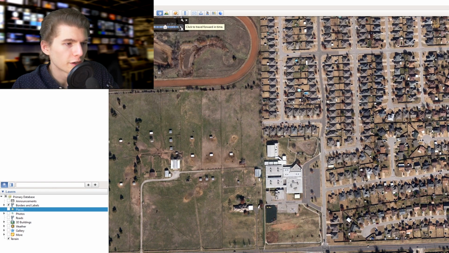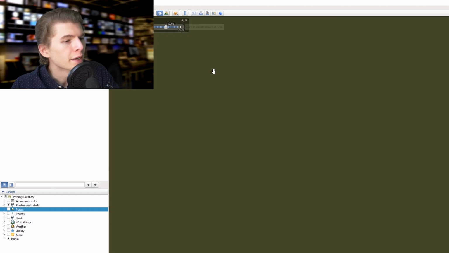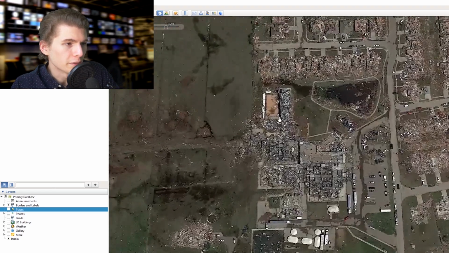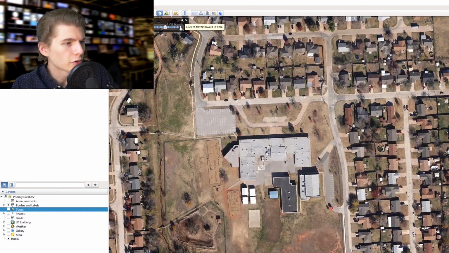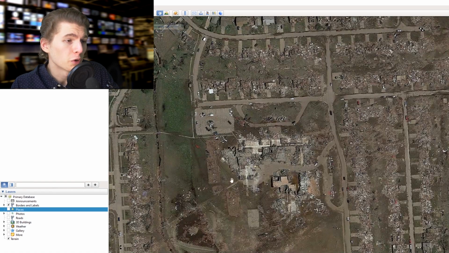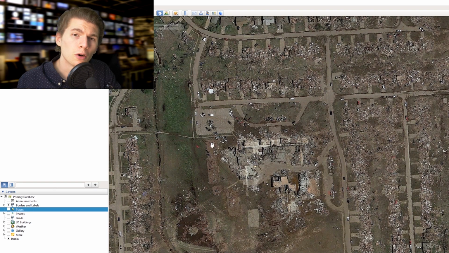This first one on the west side of Moore is Briarwood Elementary, and as you can see, it clearly is no longer standing. A mile or so to the east is Plaza Towers Elementary School, and this one was a little bit more devastating. I believe 7 third graders were killed. Apparently in Oklahoma, the vast majority of elementary schools have safe rooms in case of a tornado, but for some reason, these 2 elementary schools didn't have a safe room, and they were the only schools to be completely destroyed